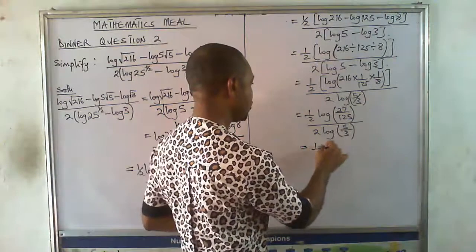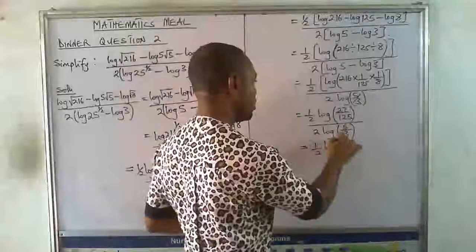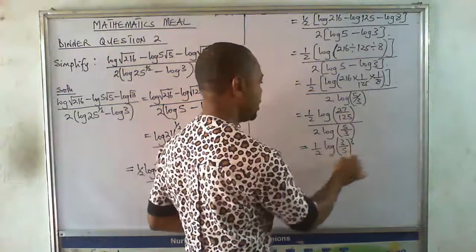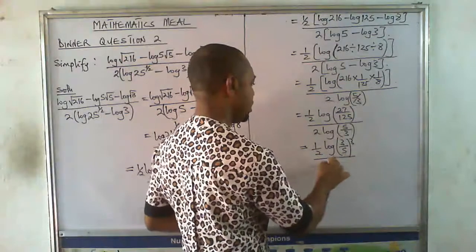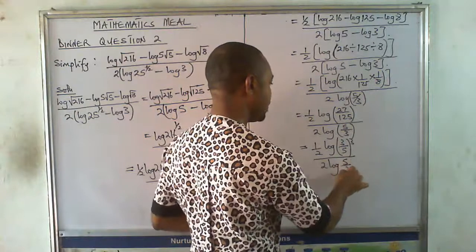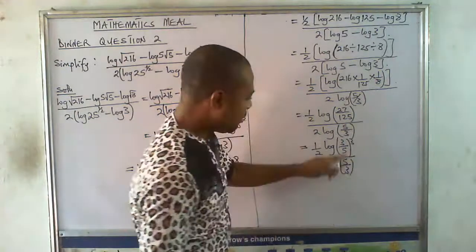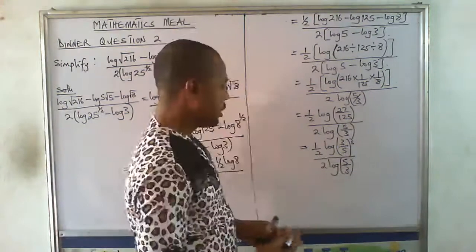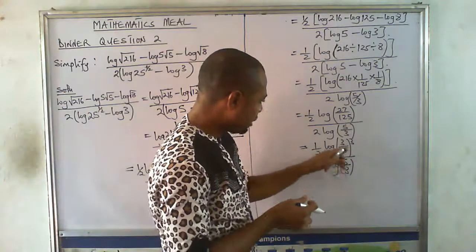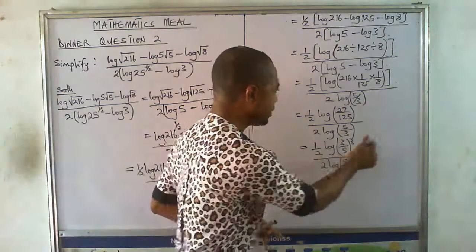We have 1 over 2 log. This is 3 over 5 raised to power 3. That's what it's going to be. Then 2 log 5 over 3. Now this term and this term are not the same. So the only way I can make them become the same is to invert this. And when I invert this, we know that